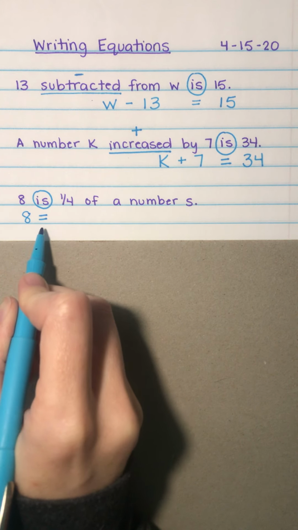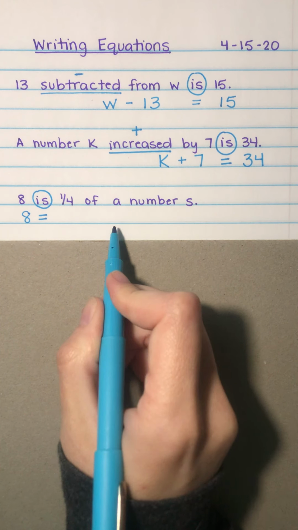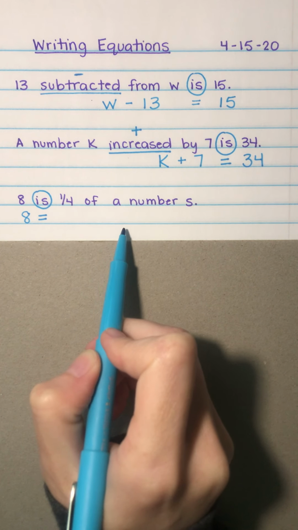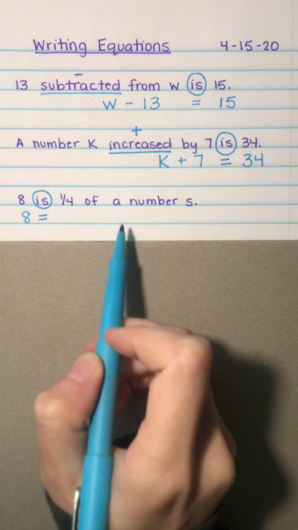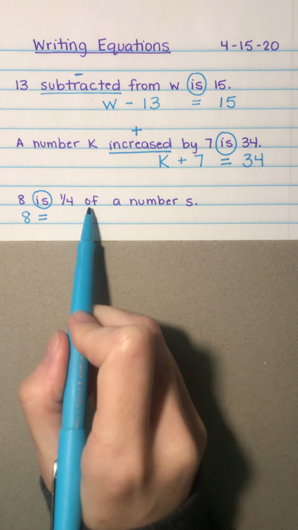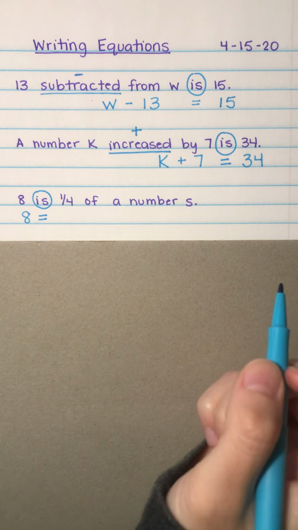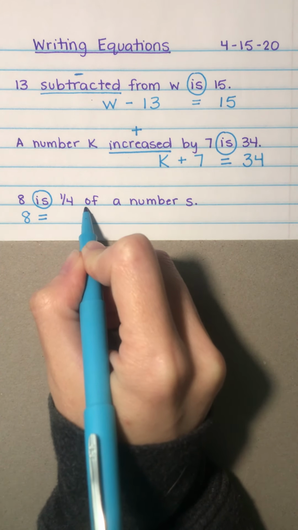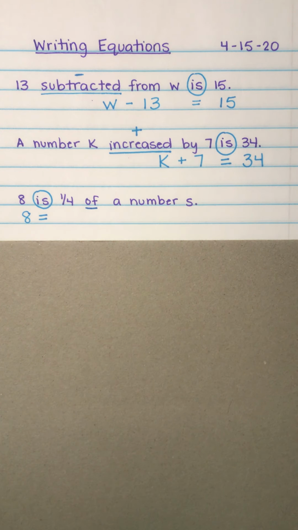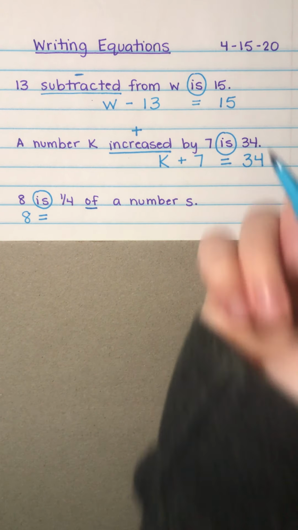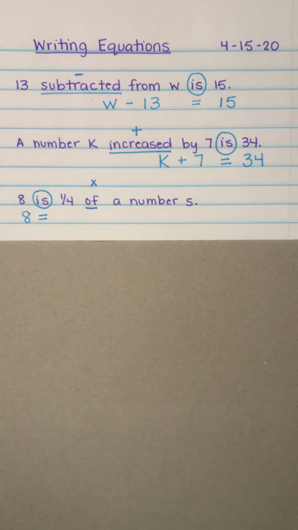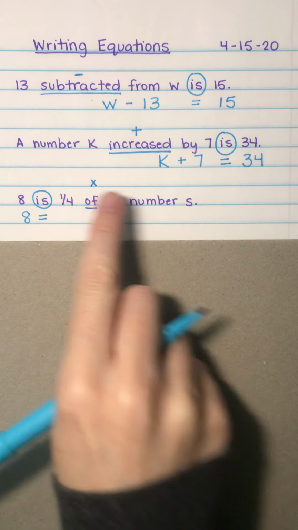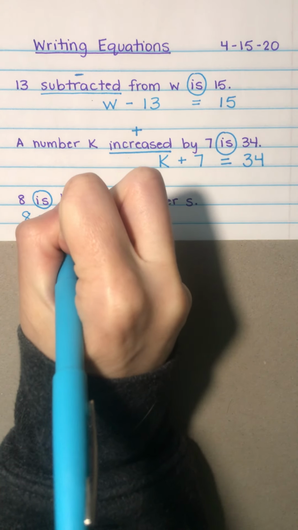So it's really saying 8 equals. And then I'm going to have an actual problem like W minus 13 or K plus 7 on this side of the equal sign, which is okay. All right, now on the other side it says 1/4 of a number S. We've talked about a couple other small words that are very important, and it's this word "of." And if you remember, the word "of" actually means to multiply. So I'm going to be taking this fraction and multiplying it by the letter S,